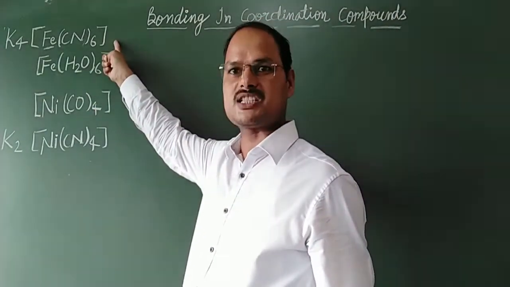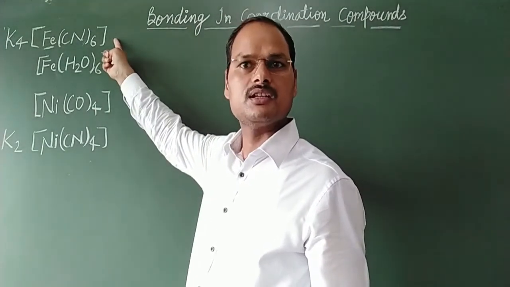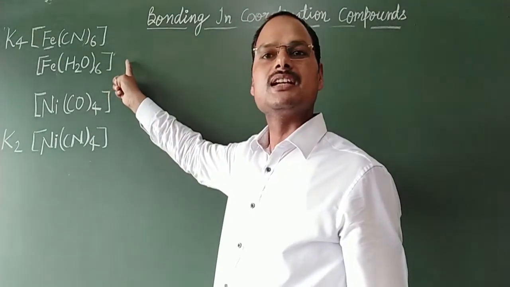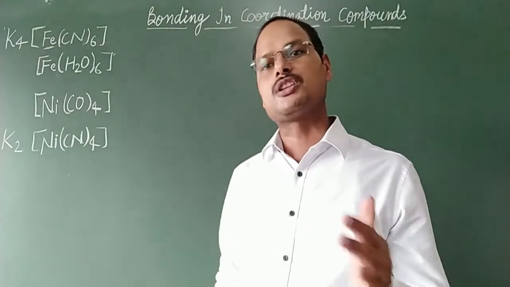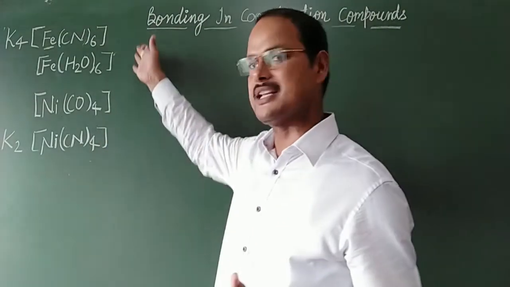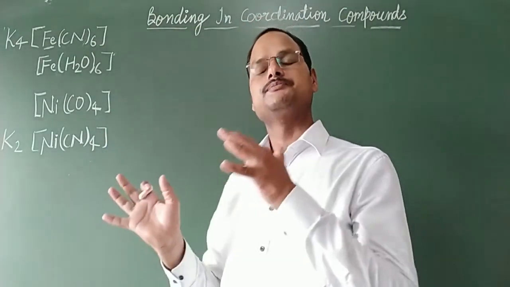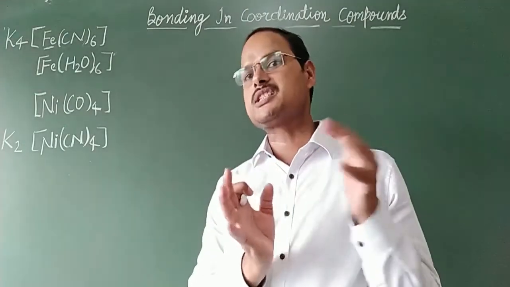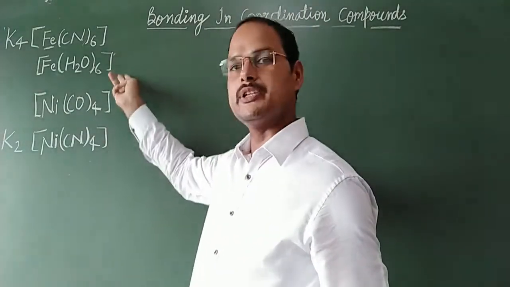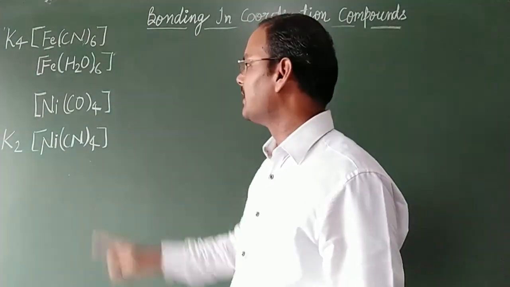Both are octahedral, but octahedral compounds are of 2 types. First we will have the inner type of complex, the inner octahedral complex, and then the outer complex for the octahedral compounds. I will explain both these differences easily. After that, you can find out which type of octahedral complex it is. With the help of this video you can understand.